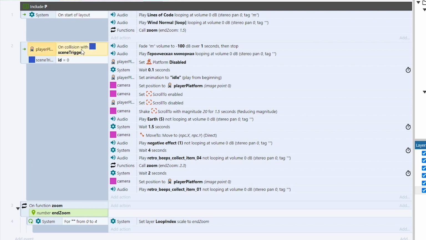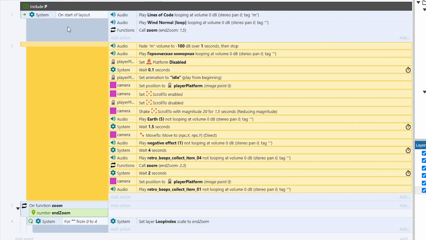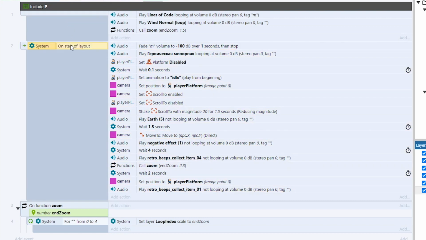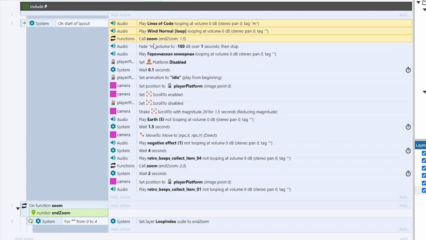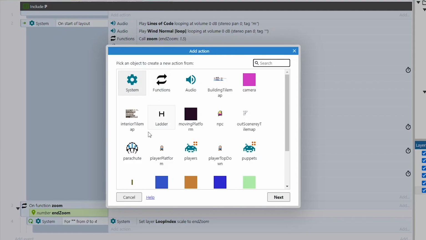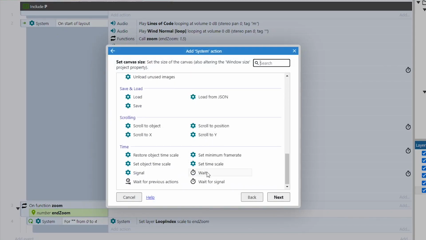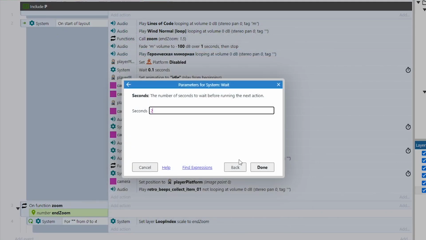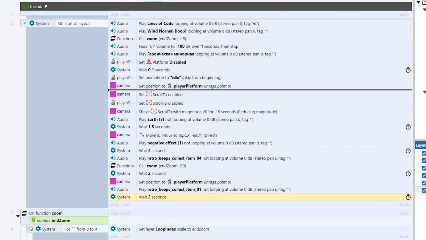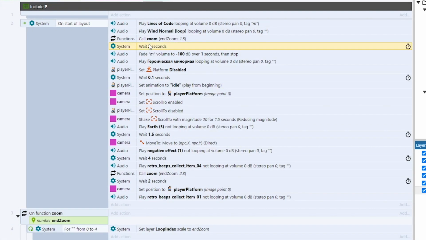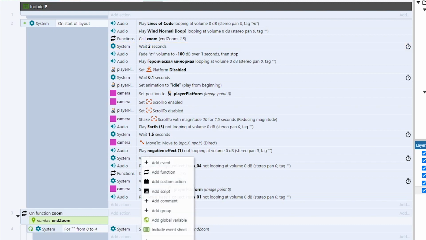So instead of having our character collide with the scene trigger, we're going to have this start at the beginning of the layout so you can see what that looks like. That means we're going to have to move these three events down to our On start of layout event. Awesome. So let's add a short wait to the very beginning of our cutscene, say 2 seconds, and then we'll have the wait start right after our zoom. Okay, next I need to